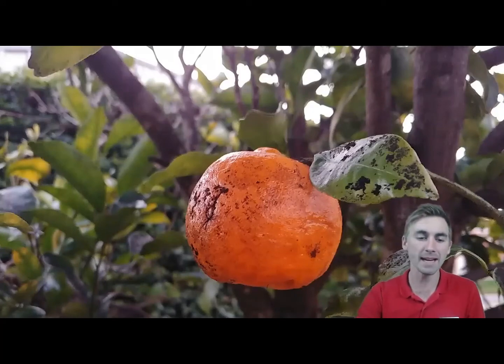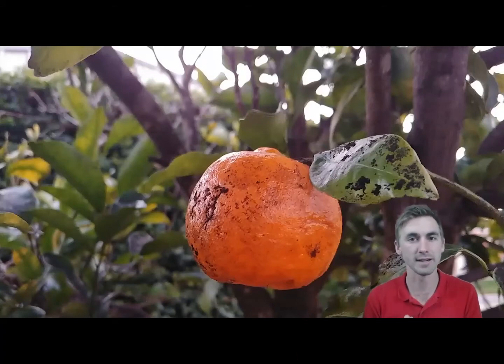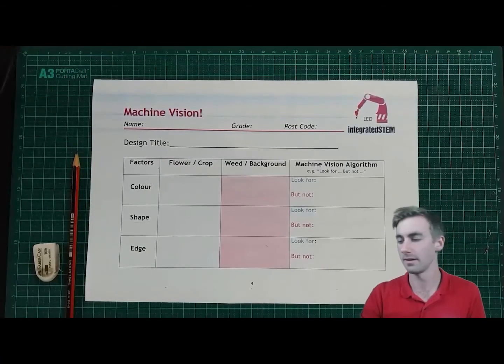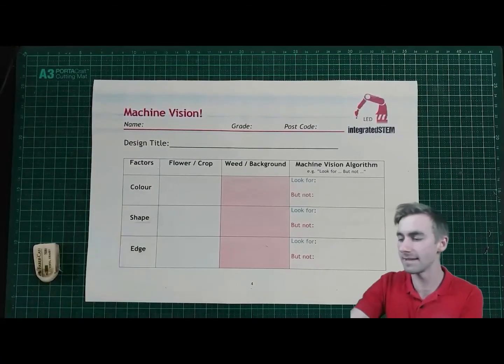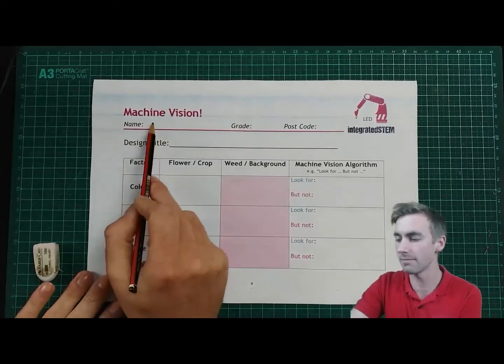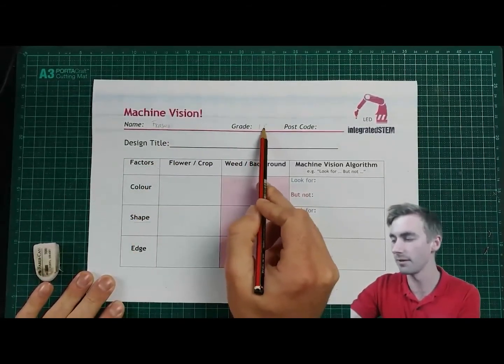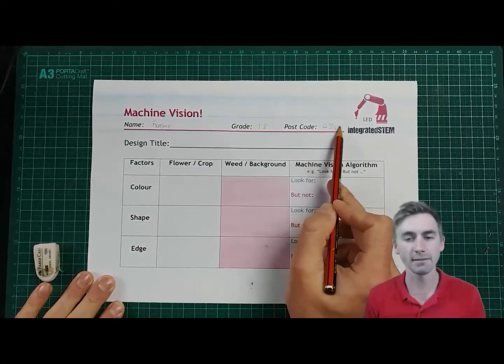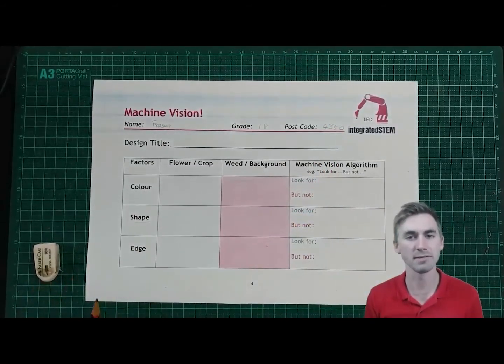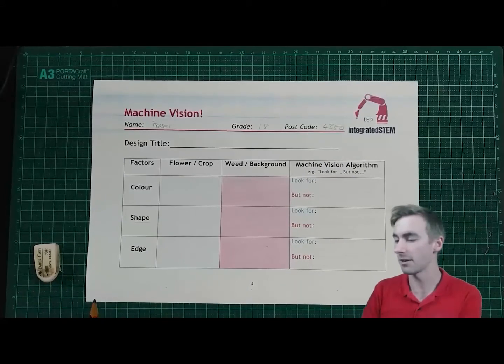Cool, so we're back and we're going to develop our algorithm to detect, and I'm going to do one on this mandarin. I particularly want to find a mandarin in this bush. So, first thing I'm going to do is fill out these details. So I'm just going to quickly write my name, my grade, and the postcode. So that's done now. And the design title, because I'm finding a mandarin, I might call it